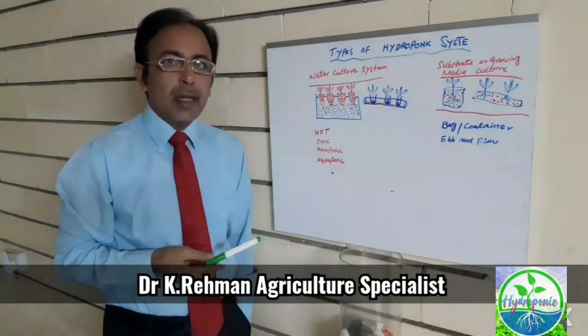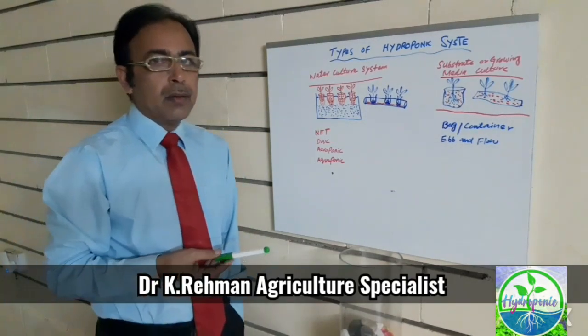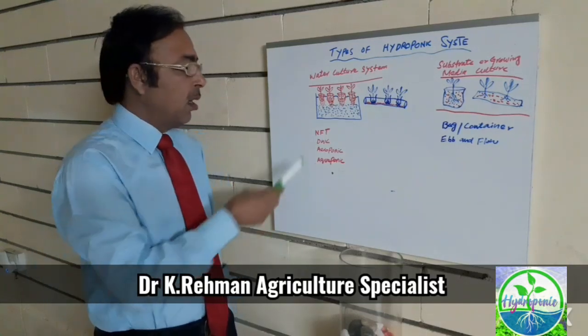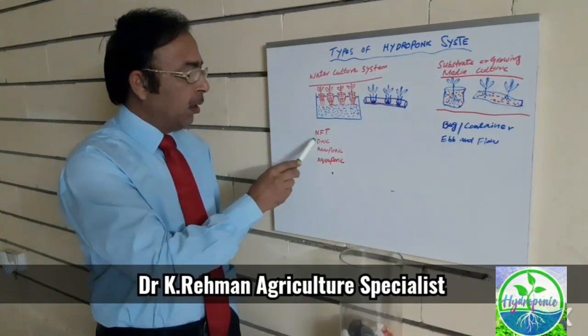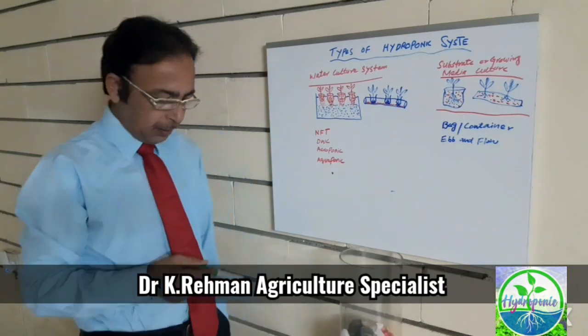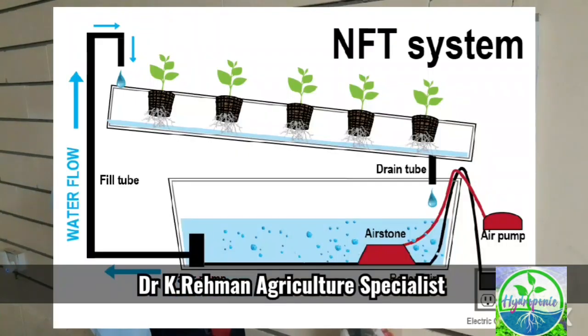On the basis of water culture, the systems widely used in the world are NFT, DWC, aeroponic and aquaponic. NFT stands for nutrient film technique. You can look at this diagram. In nutrient film technique, mostly we use